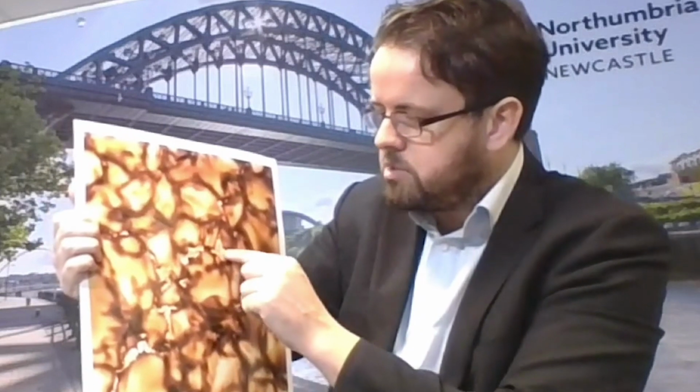These are, if you like, the portals through which energy gets transported away from the surface out into the atmosphere above. These are the channels through which energy gets delivered out into what we call the outer solar corona. And the big question in solar physics that we want to answer here is, how does that energy get transported outwards? So what this image is able to tell us is that there is a lot of structure in these